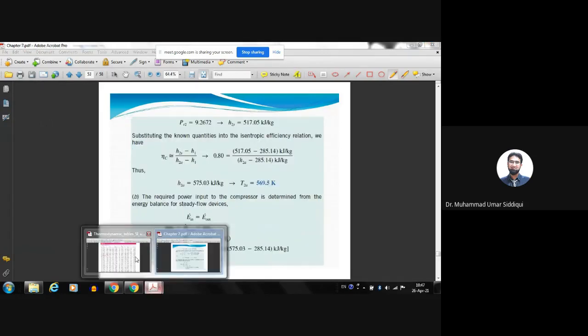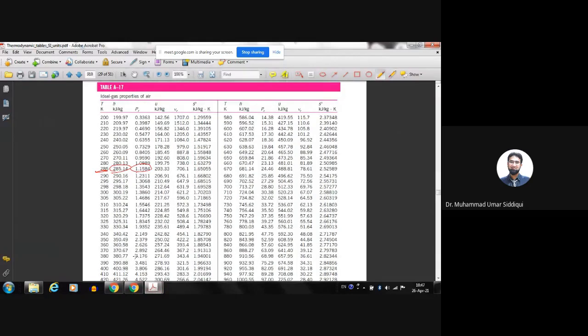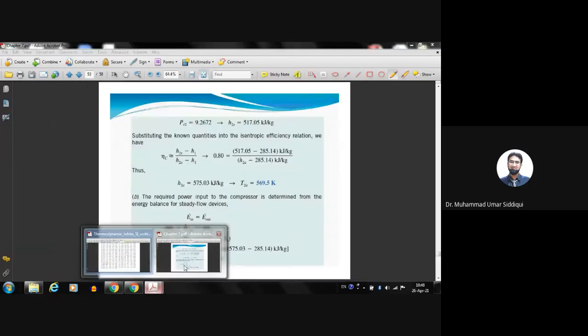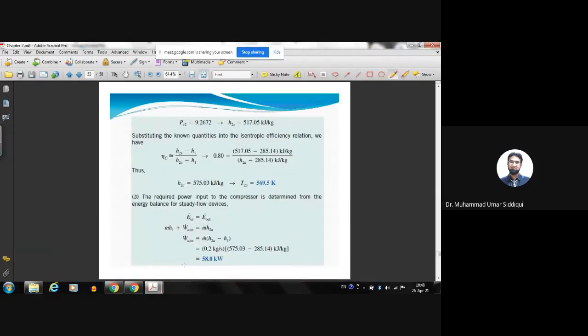Once we have that, we're going to go back into the table with 9.2672. This is the PR2, so it will be here in between. So we need to do the interpolation, and this we're going to do to find out what is H2S. Once we determine what is H2S,